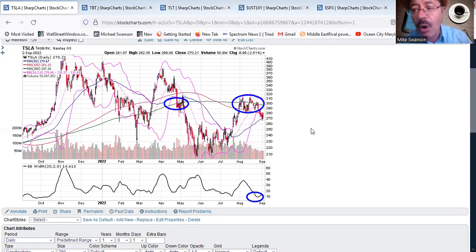Instead, the stock broke down. It broke support by closing below 280. That therefore signifies that we are likely in a new downtrend in the stock, likely to take it to at least below 210. And that's why I shorted the stock through an ETF. The one I used is TSLS, and I talked about it in a video 2 weeks ago. So the trade is now working. We're below 280,